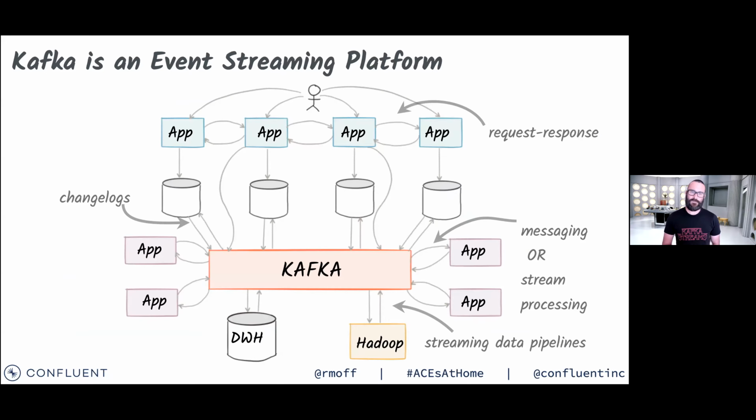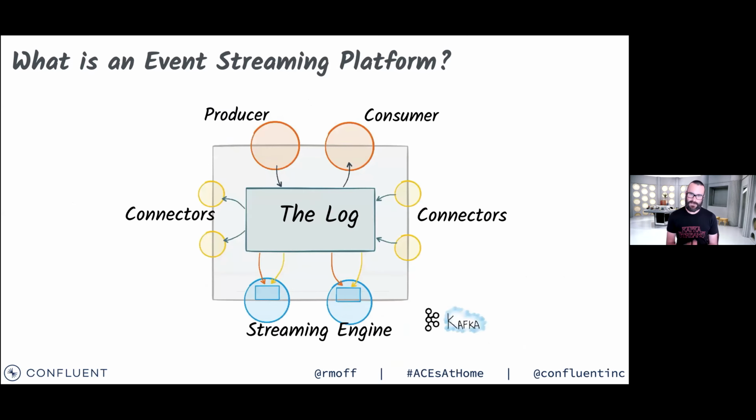So Kafka itself is an event streaming platform. It's not just a message bus or a message queue or a dumb pipe to shift data around. Kafka is an event streaming platform. It's built around this very, very powerful concept of a distributed append-only immutable commit log. Something happens somewhere in your business, in your systems, it's an event, and we capture that in this thing called the log. There are various different APIs: consumer APIs and producer APIs. We've got integration APIs, which we're going to talk about today. And we've also got stream processing as well, which we're also going to talk about today.